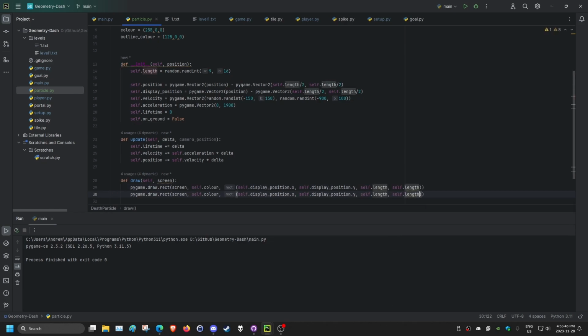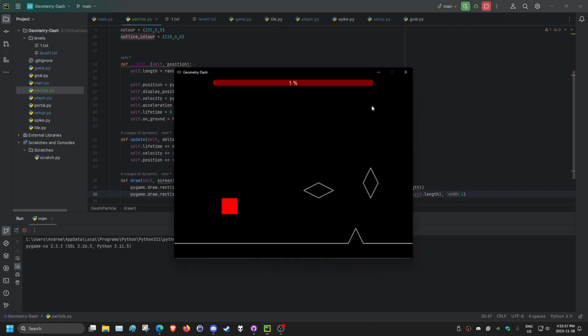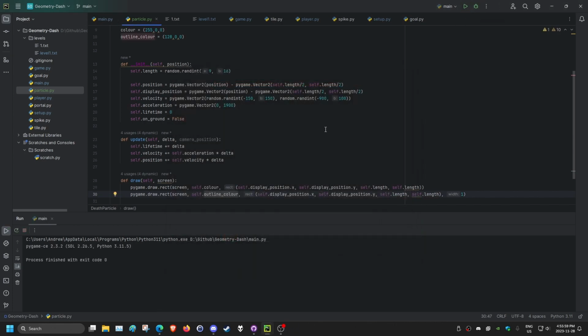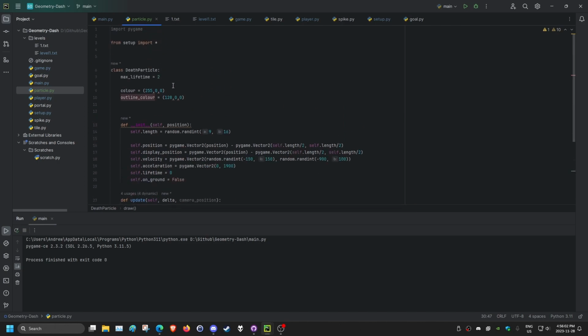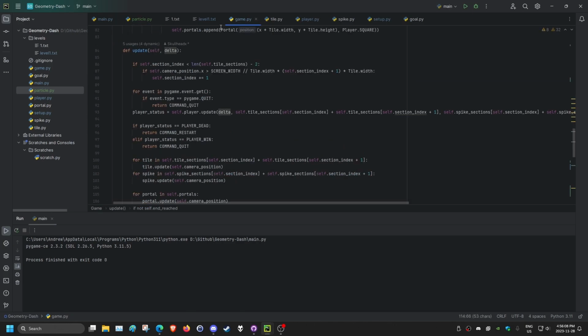And then we can copy this line, and all we need to do at the end is add width equal to 1, and change this to outline color. And if we run this code, it's not going to appear yet because we haven't actually imported it into our game. I'm just going to decrease this max lifetime to like 1 second